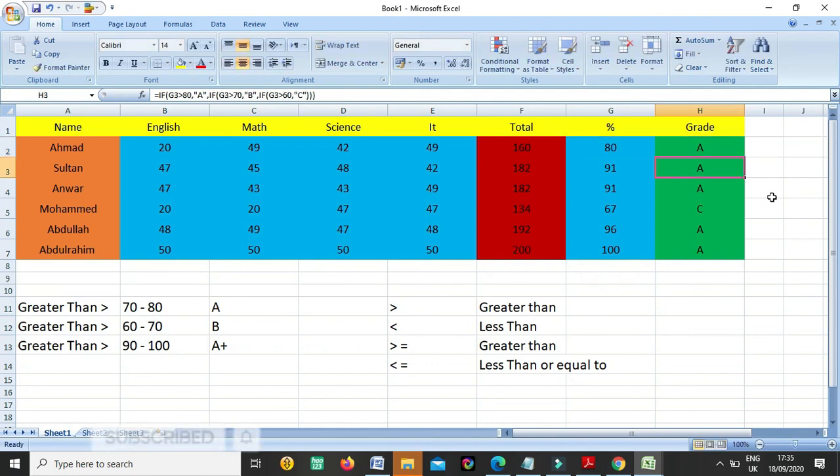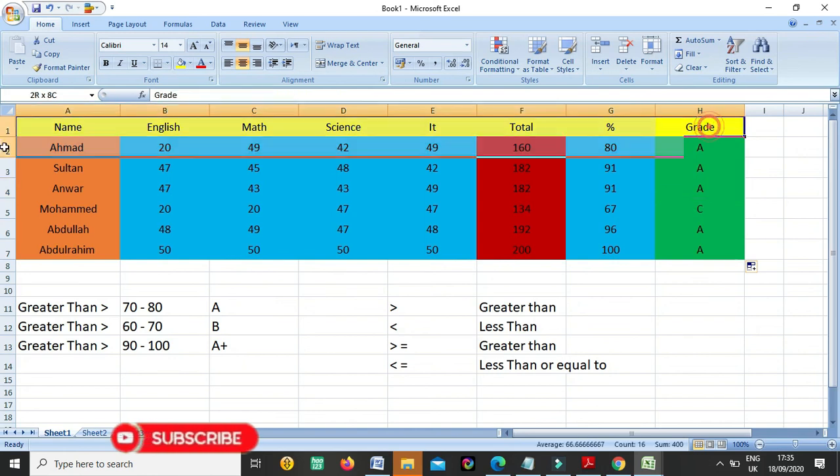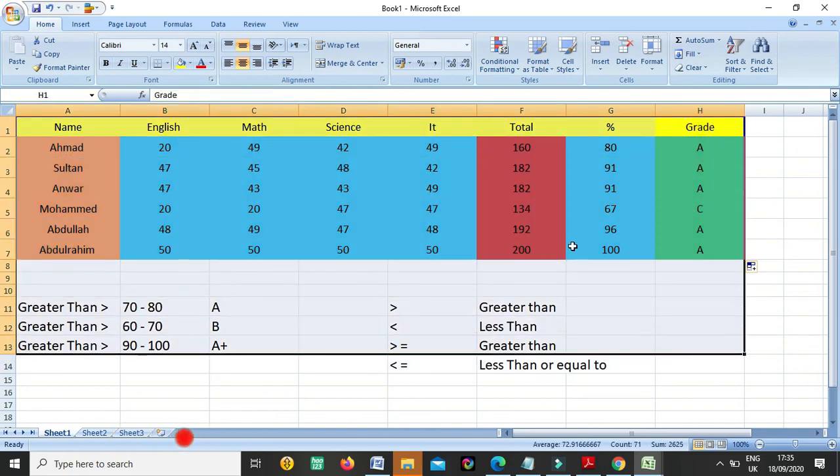So I can put this formula in all. So now you can see we created our result sheet, our mark sheet.